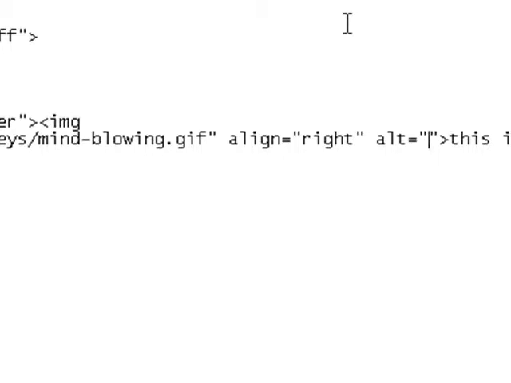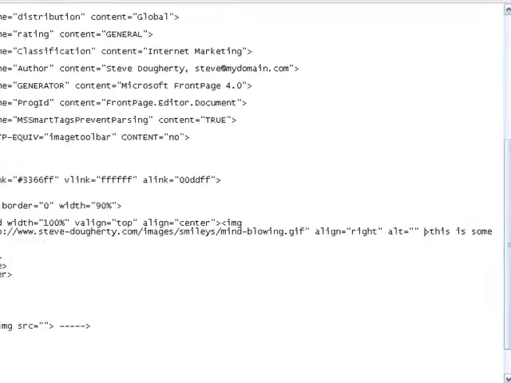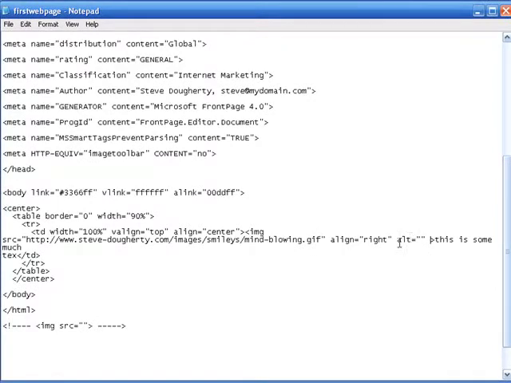Another attribute is maybe you want to define the width and height. You can put in, and by the way, this doesn't have to have any text in there, it can just be in there. It's not going to mess anything up. But as far as the width and height, just as you can see here, you want to have a space between the last attribute and the beginning of the new attribute. So we put a space here, and